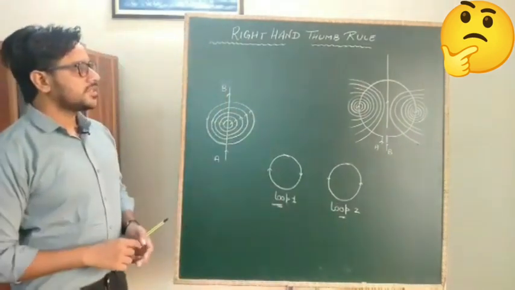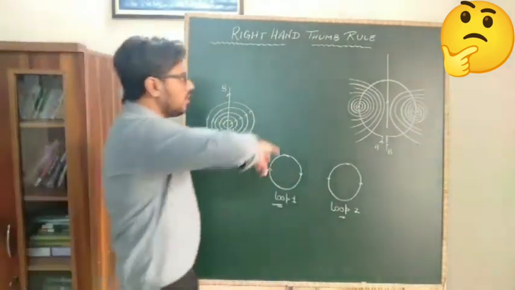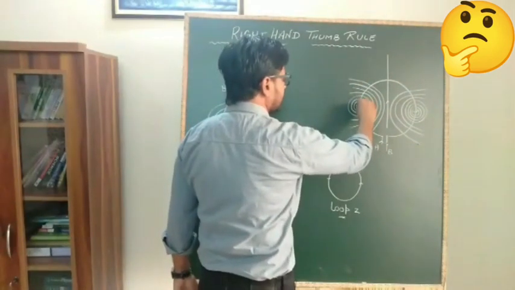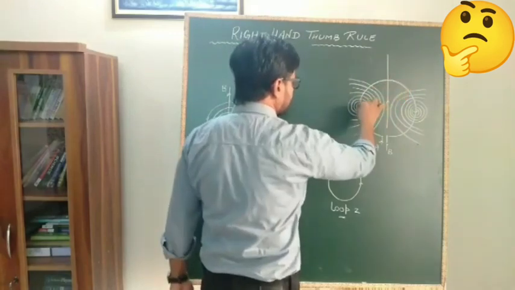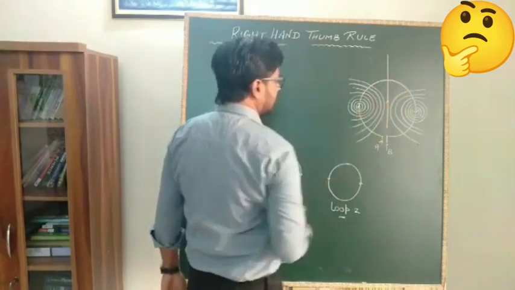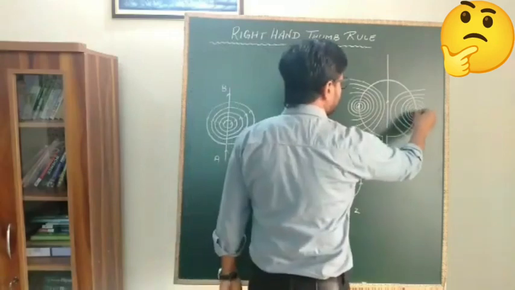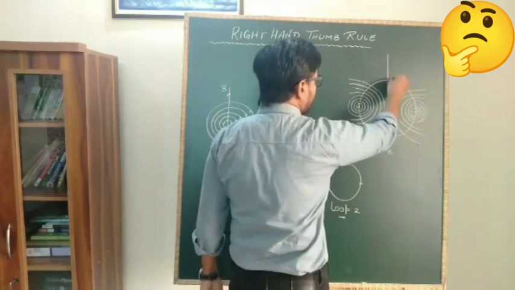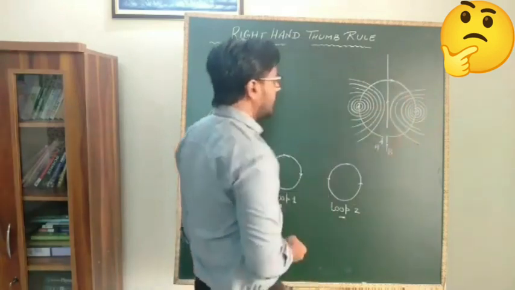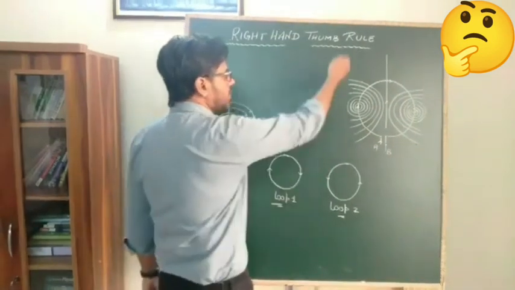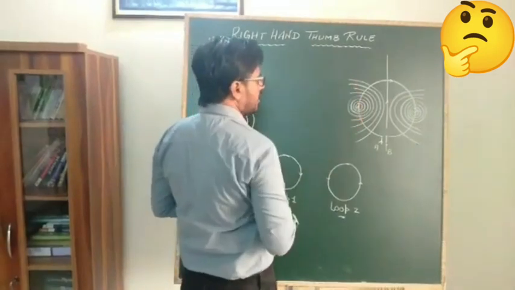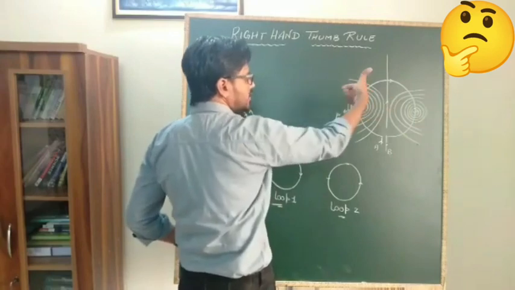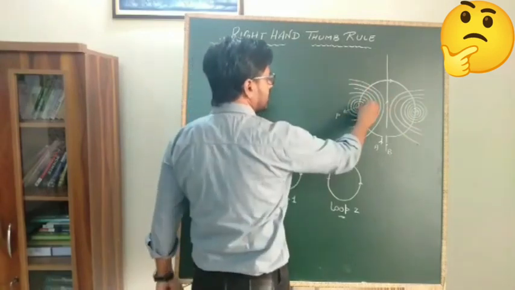Similar is the case of a circular loop. A circular loop acts like a straight conductor at a section. Say if I talk about any section, say this is the section here and this is the section, and current is flowing from A end to B end, and current is going like this. Then if I apply the rule at this section P, this will be the direction of magnetic field lines,